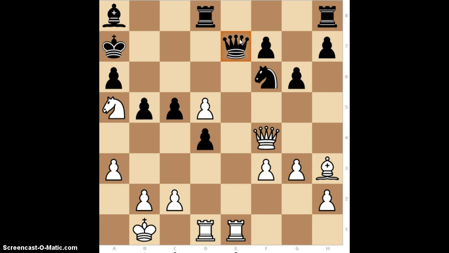So now Topalov can't simply just take back the pawn. So Topalov decided to move his queen to d6. Here Kasparov decided to sacrifice his rook, and Topalov accepted, and now you'll see why. Kasparov moved his rook all the way down to e7, and the reason why Topalov can't just take back with